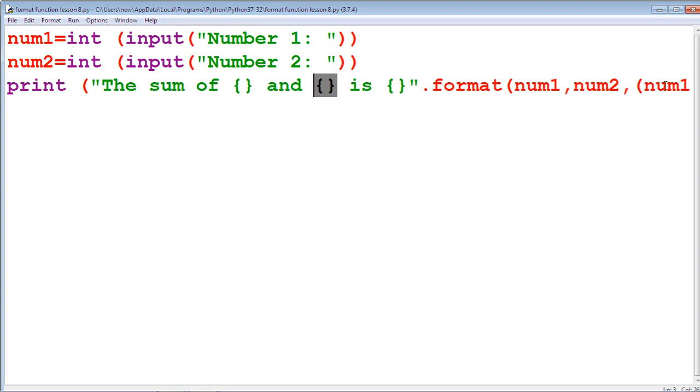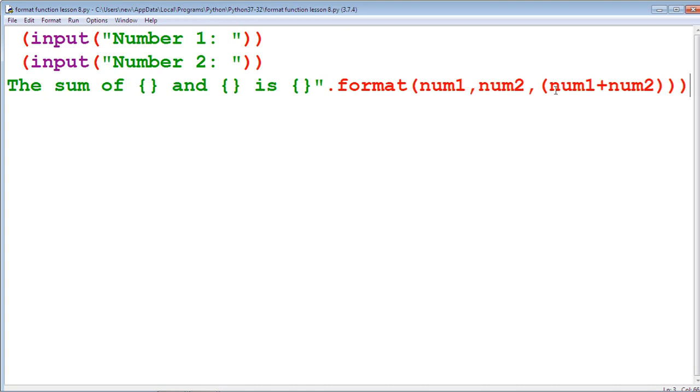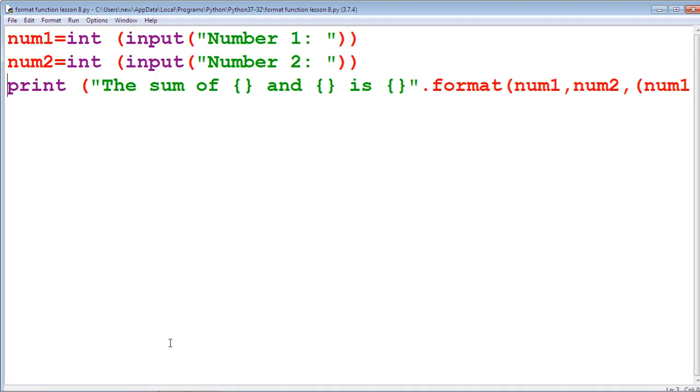For num2, these braces are used. For num1 plus num2, these curly braces are used here. For num1 and num2, the input function is used to get the values for number 1 and number 2.